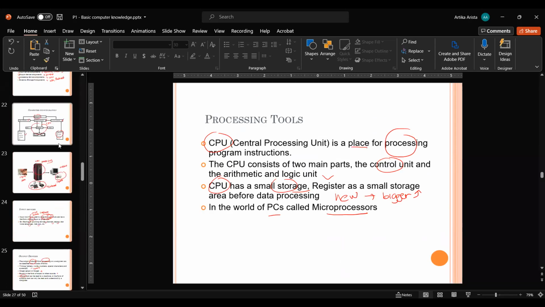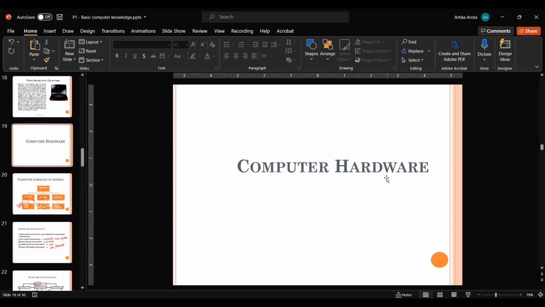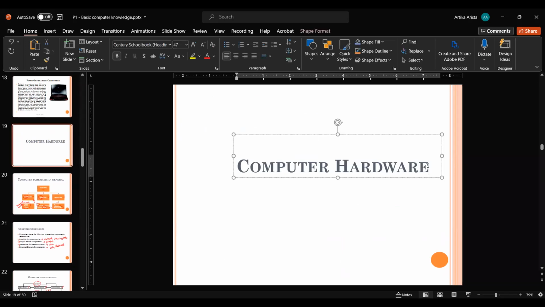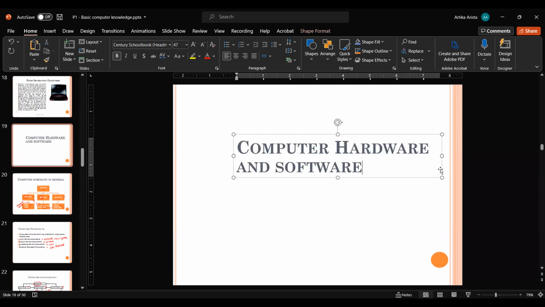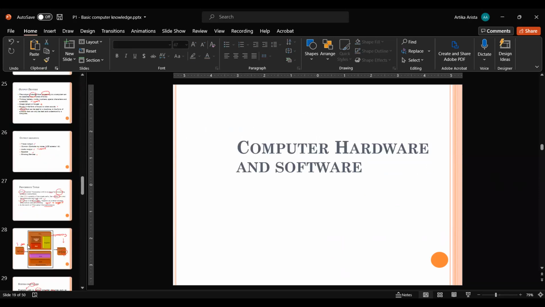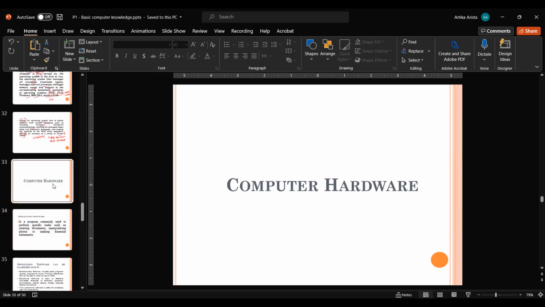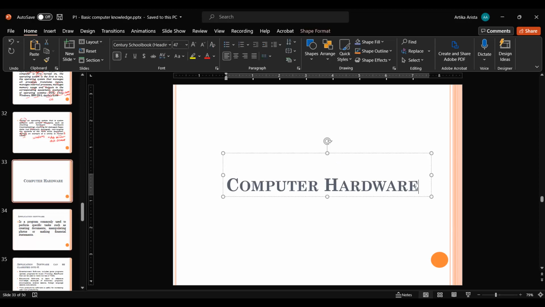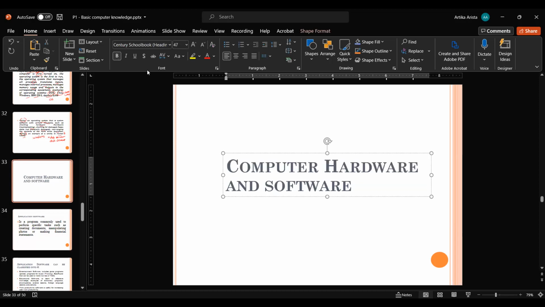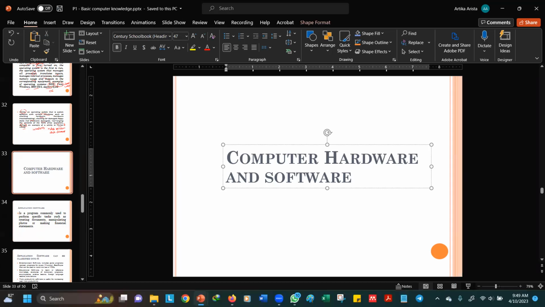It can be hardware and also software. The next one, we continue here. Yeah, this one is also software. Okay, let's continue. Hardware and software again.